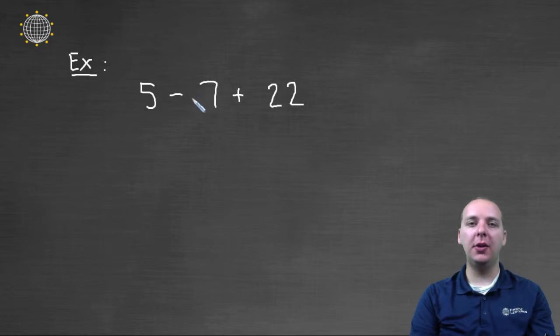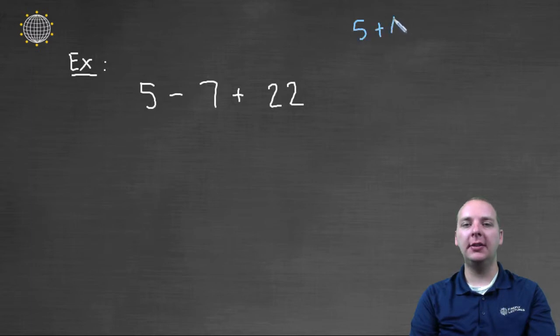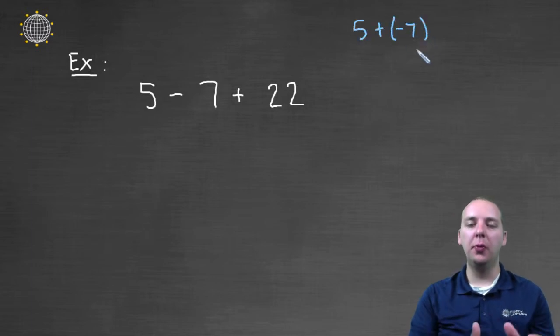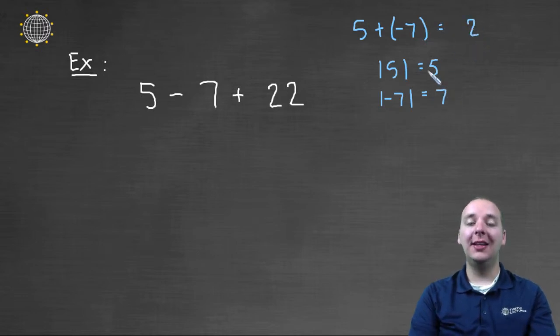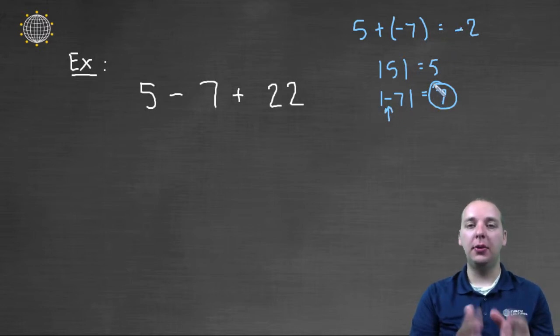Depending on how comfortable you are with addition and subtraction, you could think of this as 5 plus negative 7 and use those formal rules we talked about in a previous video. You would take the absolute value of 5, which is 5, the absolute value of negative 7, which is just 7. You would take the difference of those two numbers, that would be 2, and then you would take the sign of the larger absolute value number. So 7 is bigger than 5, so I'm going to keep the negative here,